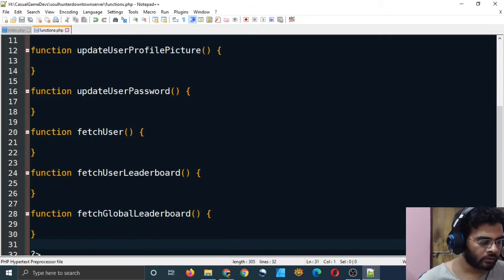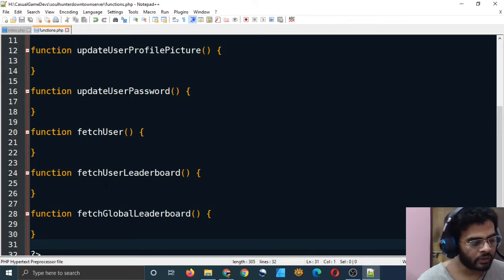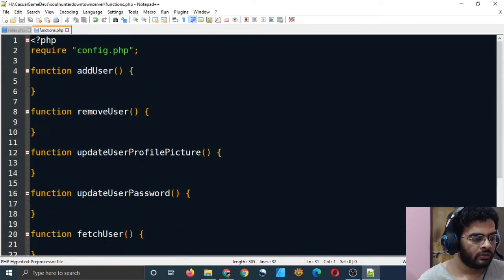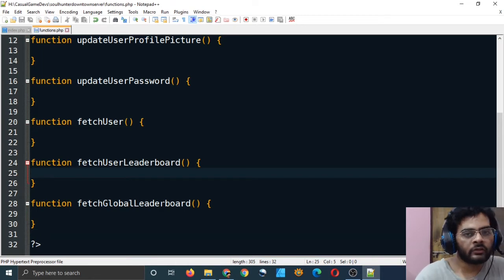Why user leaderboard and global leaderboard? I'll be telling you why I have two functions to fetch leaderboard data. There is some use because we will not be showing the user all the players in the world and their points, right?